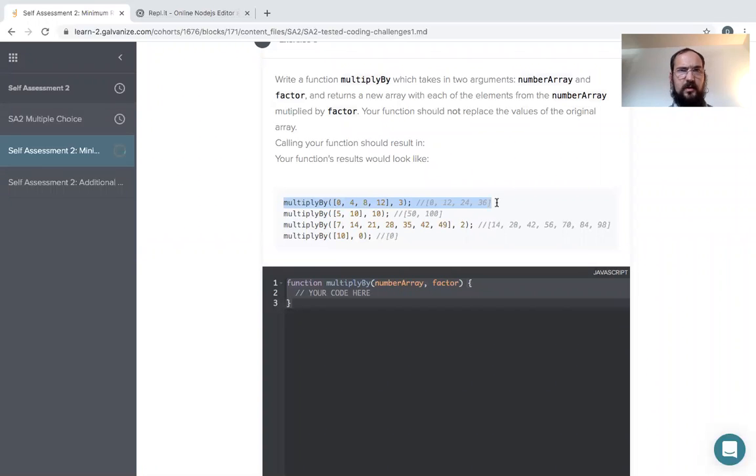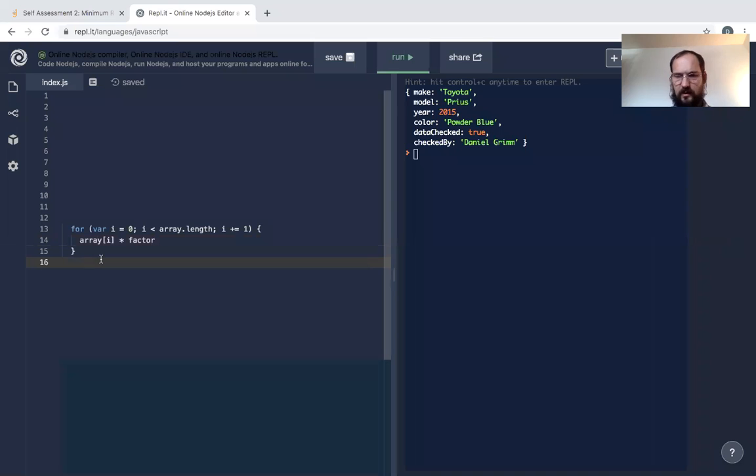It might be better to do more, but it's easier for me to work with 1 at a time. This is going to be outside of the function. So it's going to be variable call equals, it's going to call multiply by, and then console.log